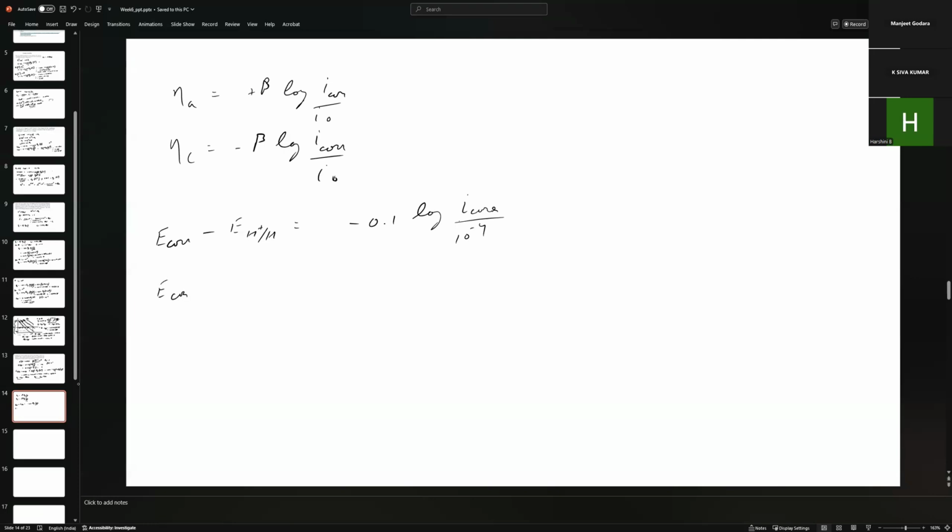And E corr is the standard reduction potential for zinc. 0.1 log of I corr, 10 to the power, it's 1. I have two equations. This value is 0. This value will get minus 0.97794. I have two equations, two variables. If you subtract these two, subtract 1 from 2,